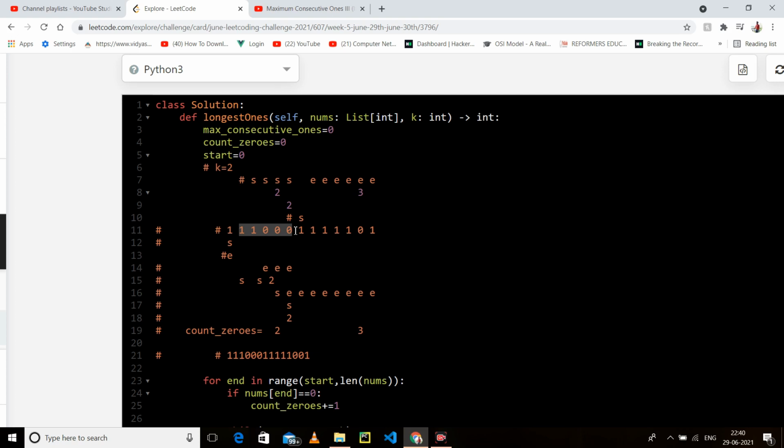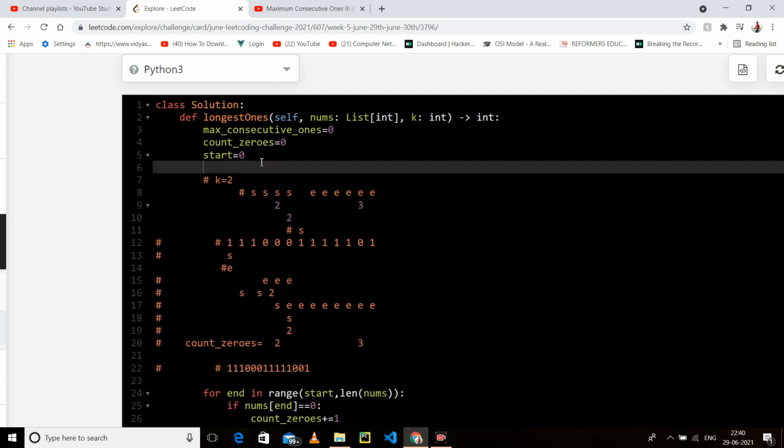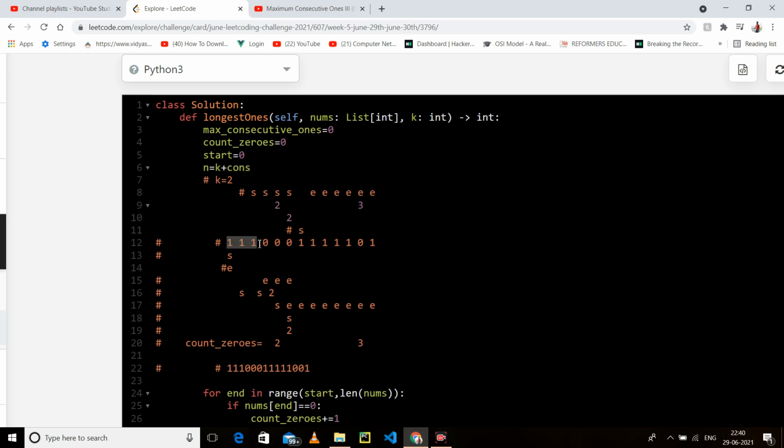And what is n? n is k plus the consecutive ones you have seen. In this case, the consecutive ones I have are 1 1, and now k is 2. So this is a length of 5. So if you move further, if you start from here, you have to maintain this.